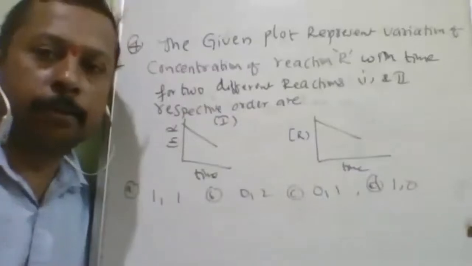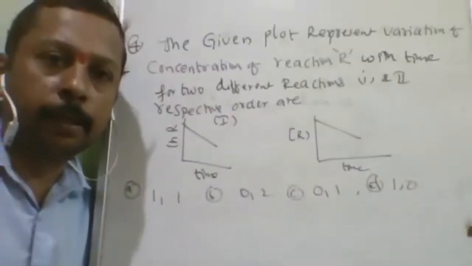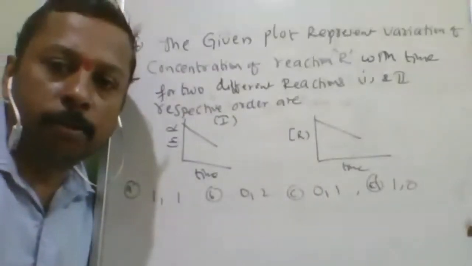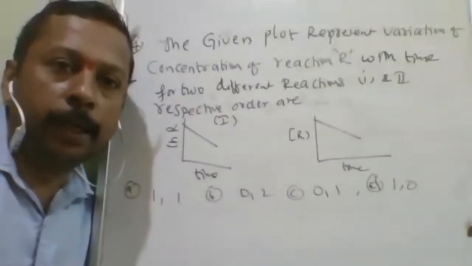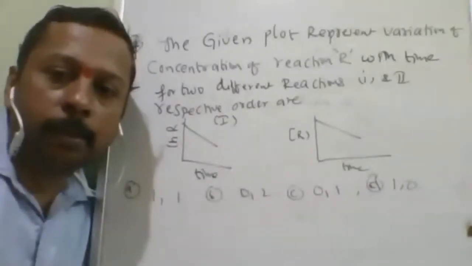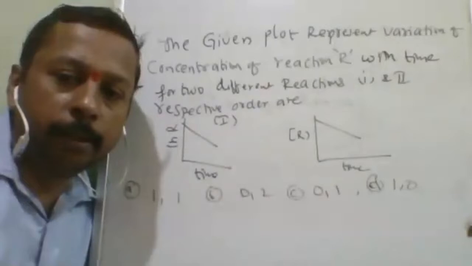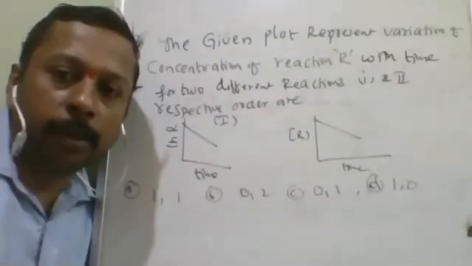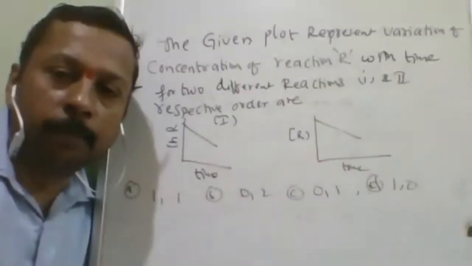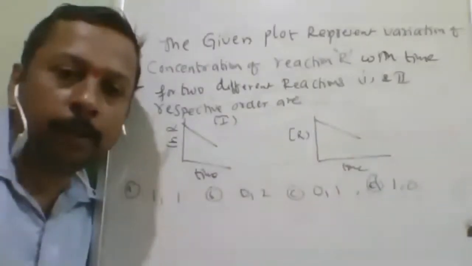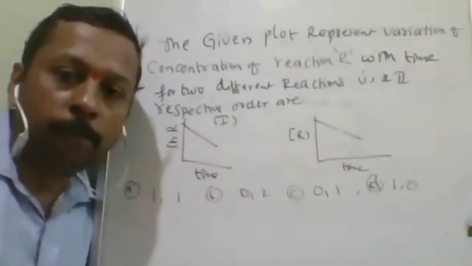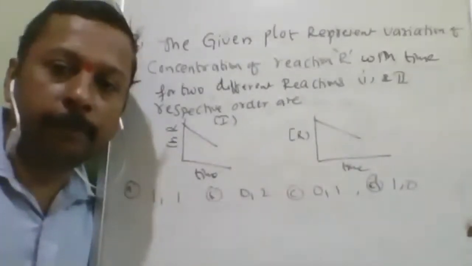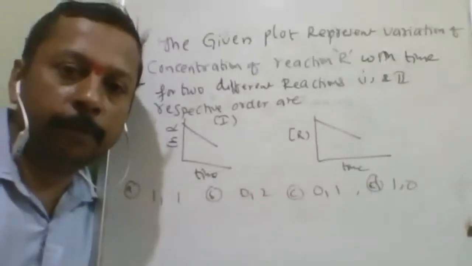Here is the next question, graph related. The most expected questions from chemical kinetics will be graph related. So you should thoroughly study how to find the answers from the graph. What is the x-axis parameter? What is the y-axis parameter? What is the nature of the graph? What is the slope? What is the intercept? Everything. It will be better if you make notes for the graphs separately.